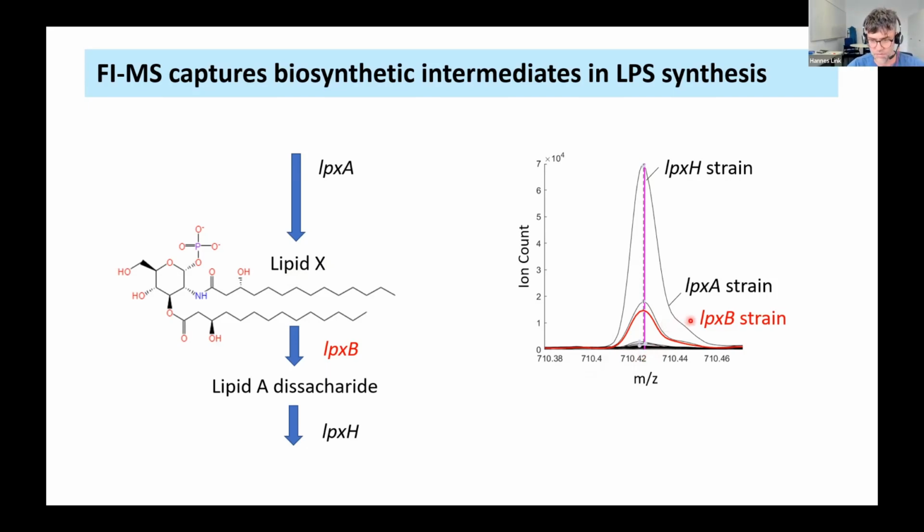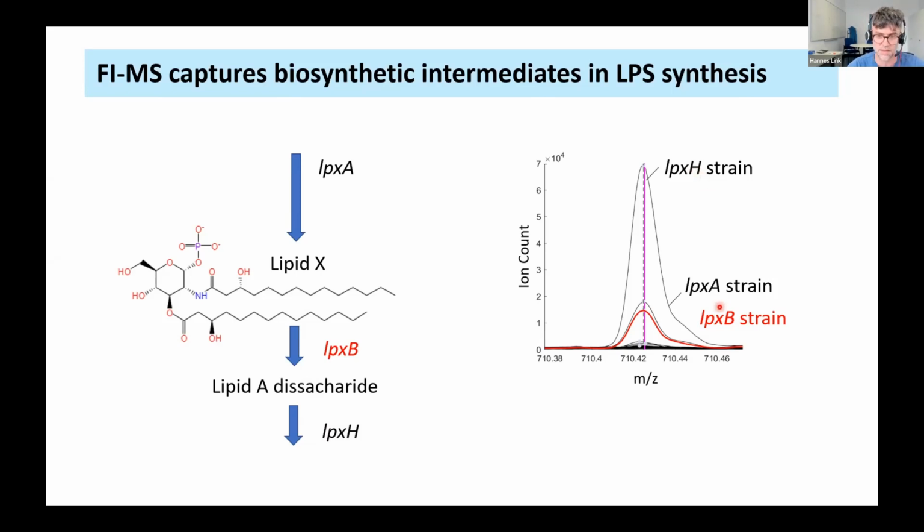But what happens now, if we perturb the gene which is encoding the enzyme which is using lipid X as a substrate here for membrane biosynthesis, we see that we get an increase in that CRISPR-I strain. So lipid X is increasing. That's what you see here. This is the red signal in this LPXB strain. It's also increasing if you perturb a little bit downstream. So LPXH is giving actually a stronger signal. It's not clear why it's stronger. It could simply be because the knockdown of LPXH is just more effective. So this is still something we have to look into.